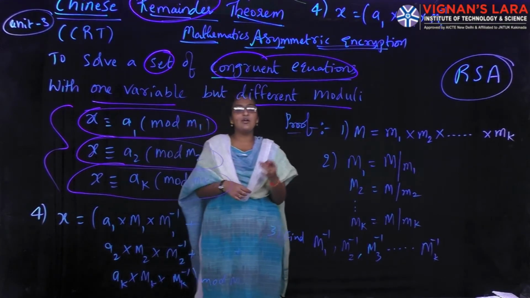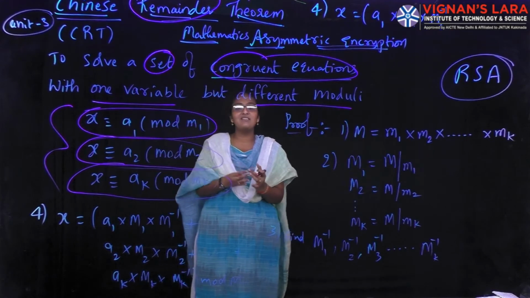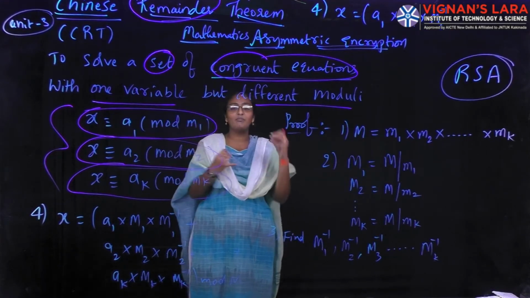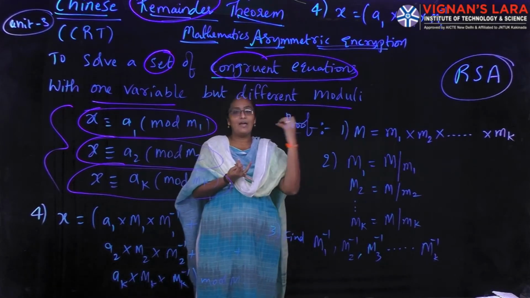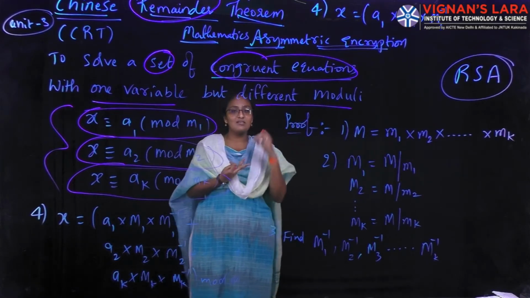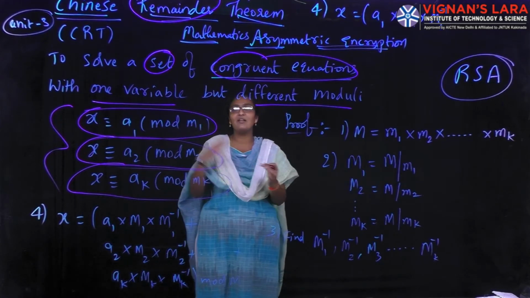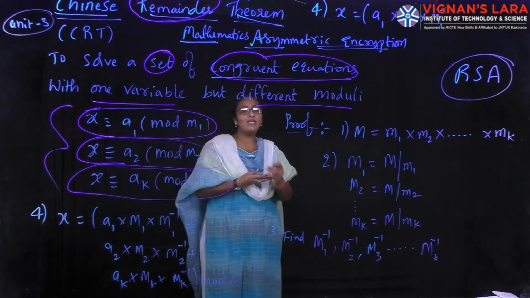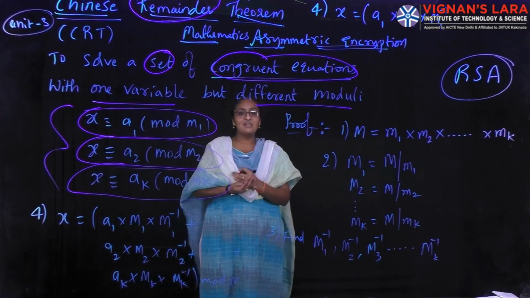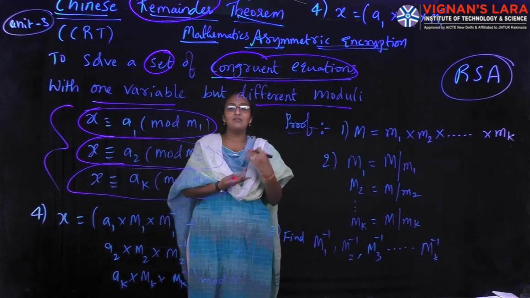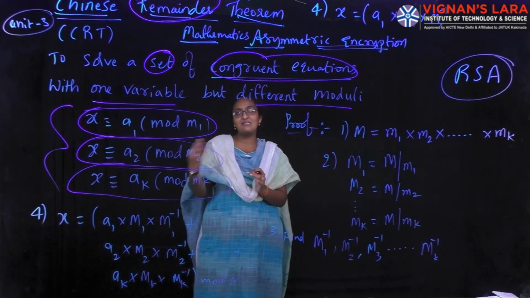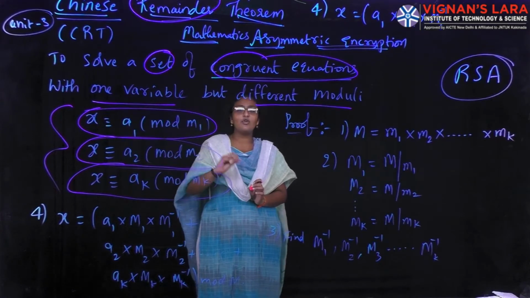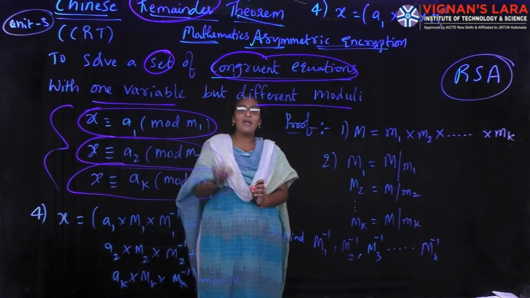As I told you always, in CNS, in every unit you have the mathematics part. So in unit 3 also you have the mathematics part. What is the mathematics part in unit 3? It is nothing but some algorithms. We have to discuss prime numbers, composite numbers, what is Euler theorem, what is Fermat theorem, and finally what is the Chinese remainder theorem. So in unit 3 we have mathematics of asymmetric encryption. In that, firstly we discussed prime numbers, composite numbers, Euler theorem, Fermat theorem, and now the last topic is the Chinese remainder theorem. These are all related topics of mathematics of asymmetric encryption.